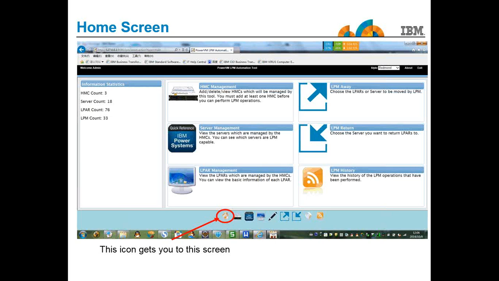This is the home screen of the tool, and I'll give you a little briefing. Joe mentioned before, I'm in lab-based services. I used to be the HMC architect. Lab-based services is worldwide, and we have some tools that we developed over the years, not just for System P, but for System I. We created this tool called the LPM Automation Tool. It's not part of the HMC, it's not part of Power VC, it's not part of VM Control.